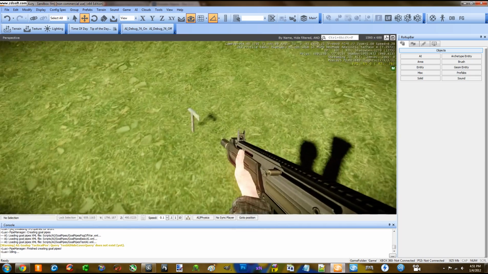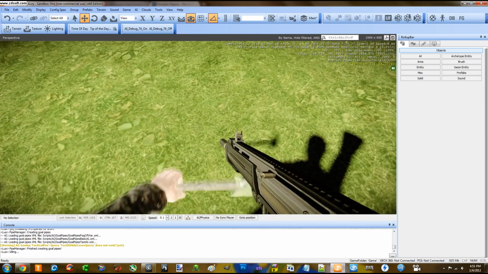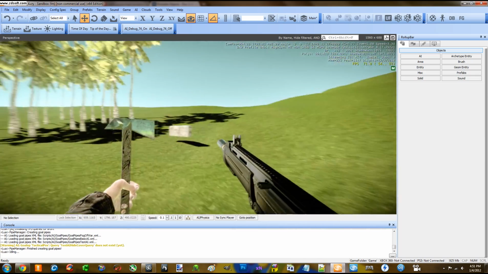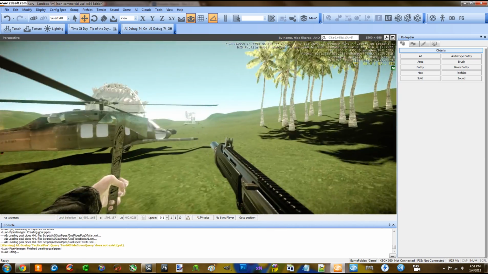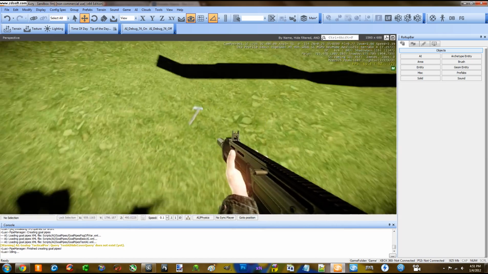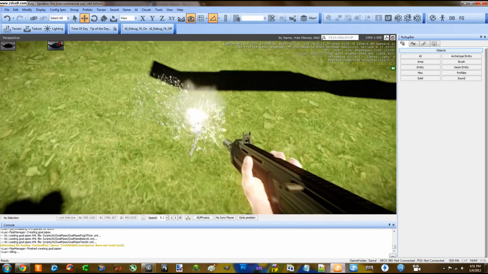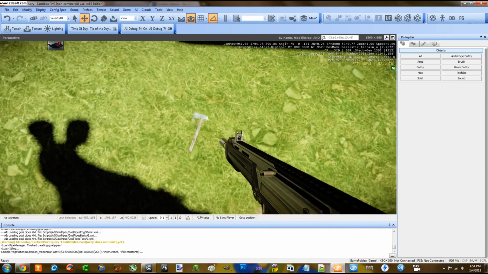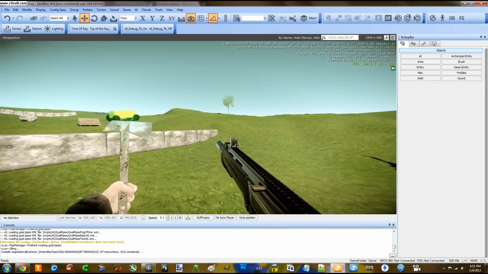Okay, good, that guy's dead. All right, so I'm going to click F, and you're going to notice that I'm able to pick it up even though it's a geometry entity. And if I just drop it, you're going to notice it goes right to the ground, and it's physicalized like it's supposed to be. That's what's good. So you want to use a geometry entity instead. If I hold the F key,